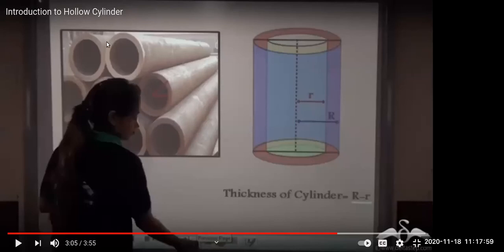So the material used to make the cylinder is existing only in this area. That is what you call the thickness of the hollow cylinder, which she has explained as capital R minus small r. So this figure you should be able to draw depicting a hollow cylinder. Maybe you can pause it later on and draw. I am just proceeding.